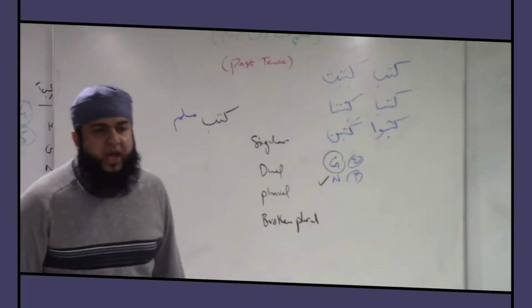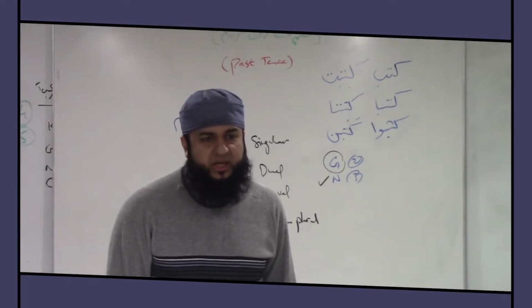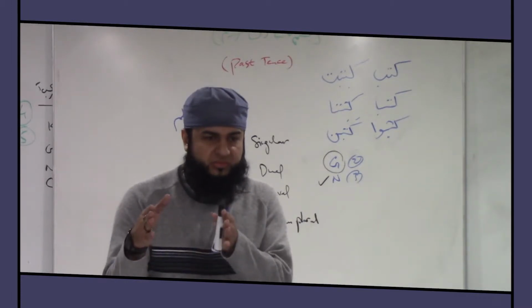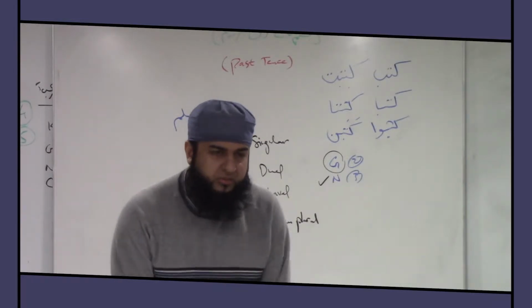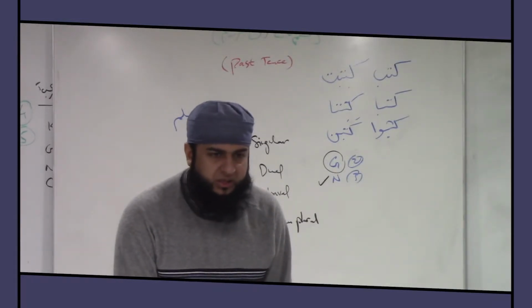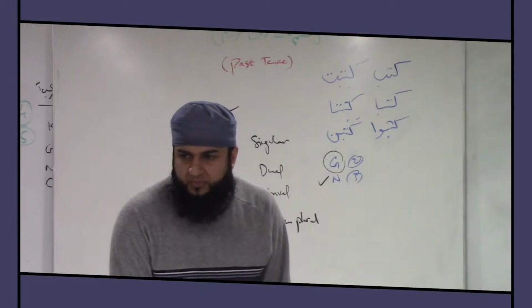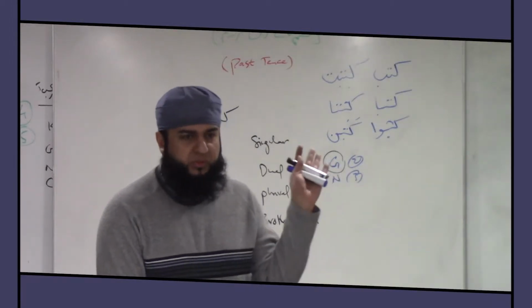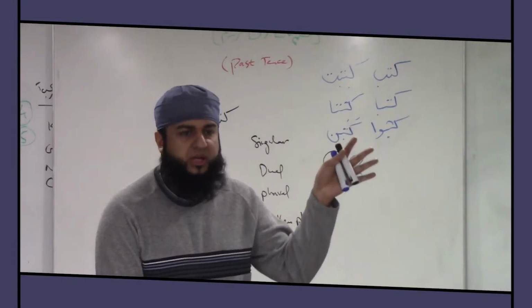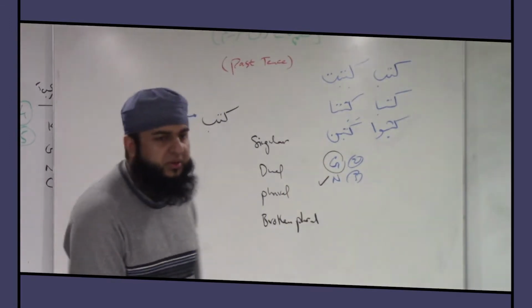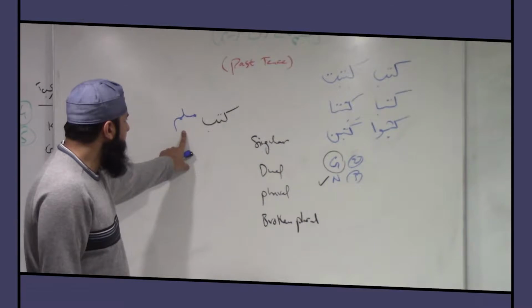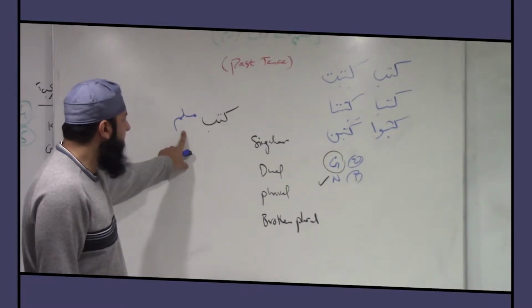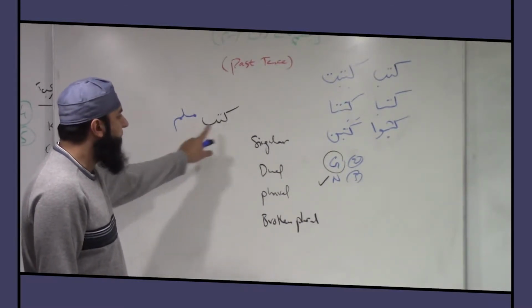So you don't have to worry about the number. If the subject is right in front of you, you can see it. It's not invisible. It's not hidden. What does it mean when I say it's not hidden? It's not invisible, you can see it, like Muslimun, Muhammadun, Ahmadun. Whenever it's clear-cut right in front of your eyes, then you don't have to worry about the number.